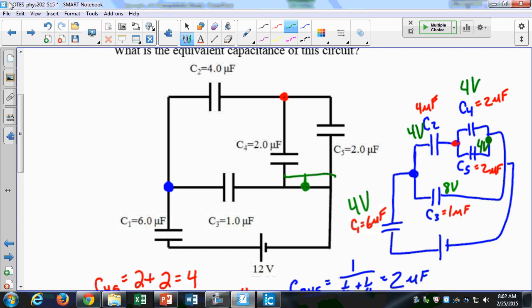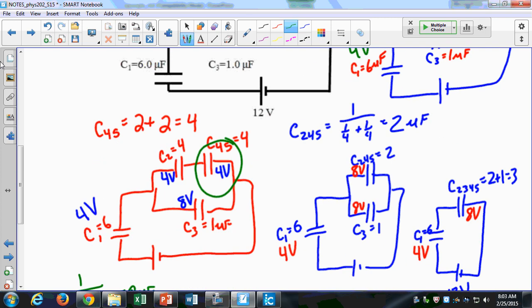Capacitors in parallel have the same voltage. So that's going to be 4 and 4 volts. All right? Hopefully you can look at a circuit, or you'll be able to as we go along, and pick out the relationships between the voltages and how they're distributed throughout the circuit in that way. I find it's really helpful to draw out the circuit as we go along and figure out what those things are. Now, let's take this a longer way,